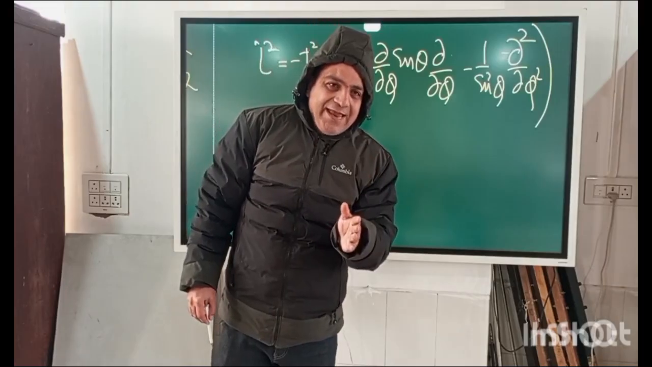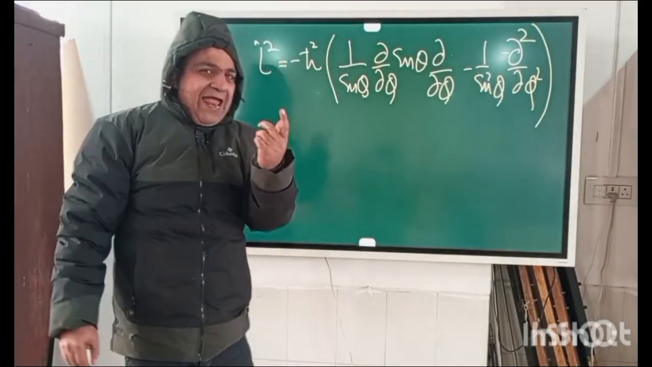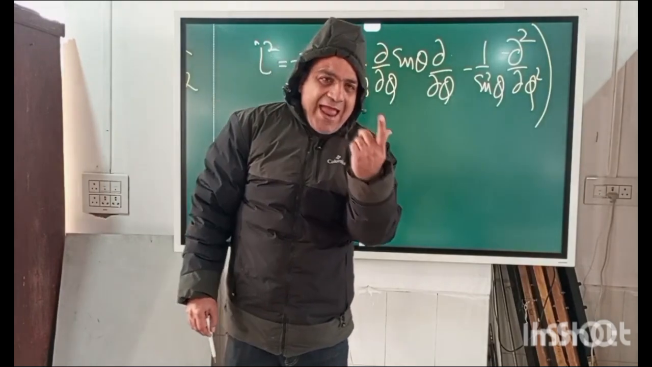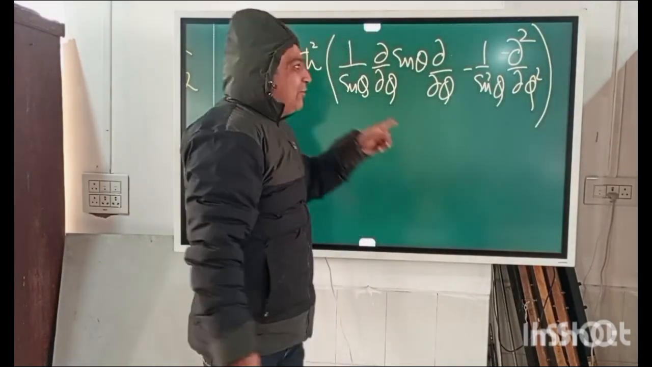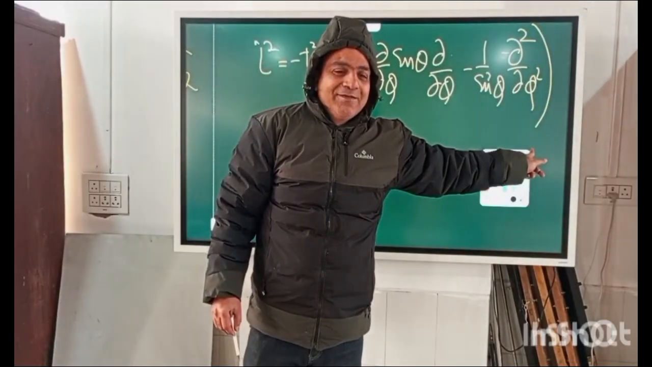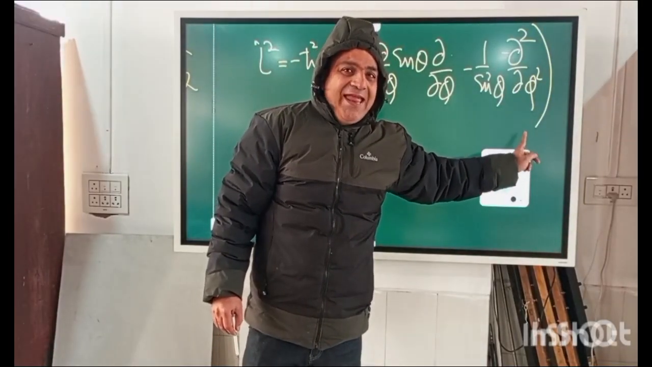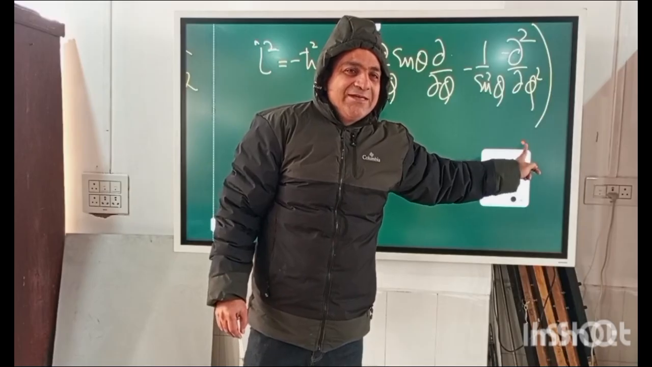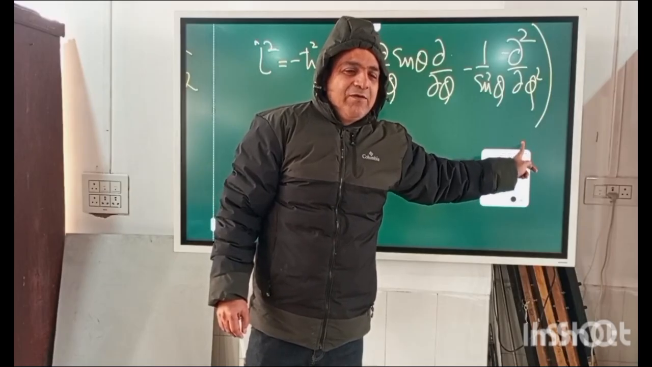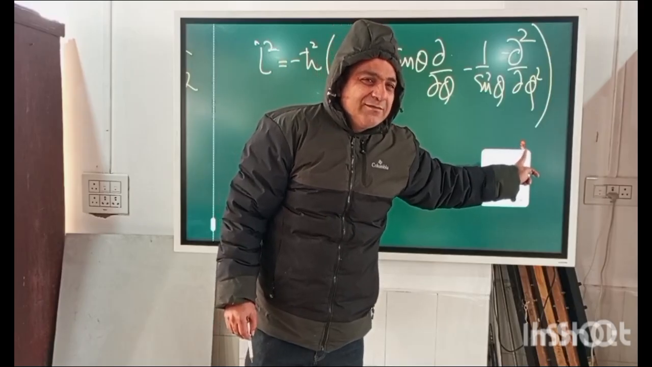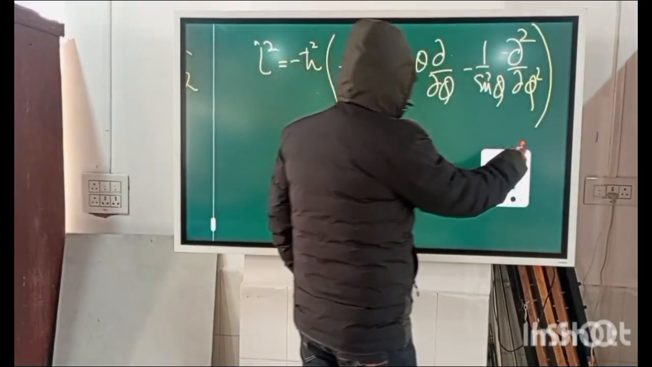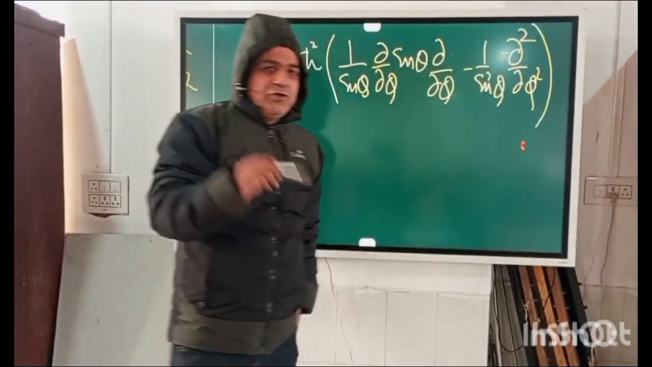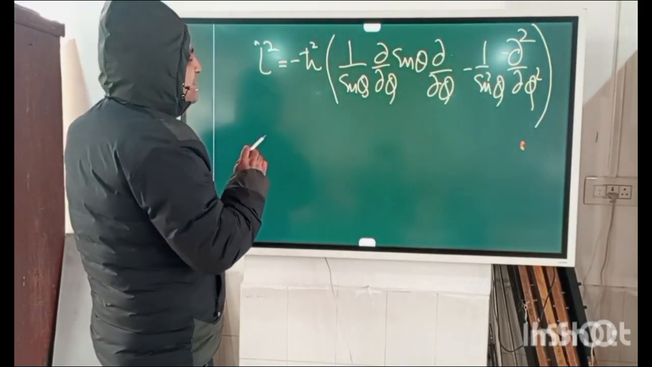Let me revise what I said. You have independently taken L, you calculated L square, right? And when you calculate L square, you will reach this result. And this result already exists in Schrodinger's wave equation in spherical polar coordinates. When you have that angular part, what do you have? If you rearrange your Schrodinger's equation, you can see there